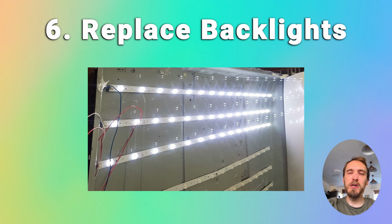So to go back to the backlight problem, if your BL error pin on your main board is showing a high voltage, or if you had a faint image on screen when you tried the flashlight test earlier on, then you can assume that the backlight is at fault and the backlight needs replacing. So assuming that you've checked all the other boards and they're all okay,